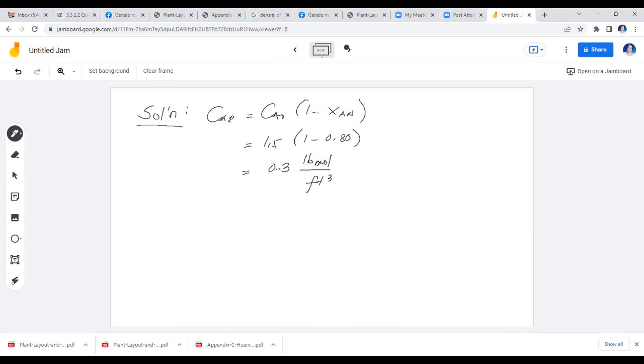Now you have Ca2. Next we determine Ca1, and for that we use the formula CaO, the C0 in the formula that was shared to you in the slide, over C, whatever that would be, equal to the quantity 1 plus K tau raised to N. So this C could be any C, C2, C3, depending on the number of CSTRs that you have in your series. And this N refers to the number of that particular CSTR